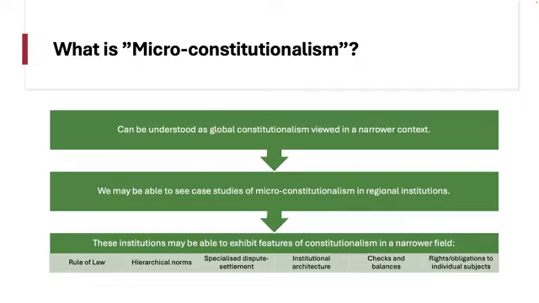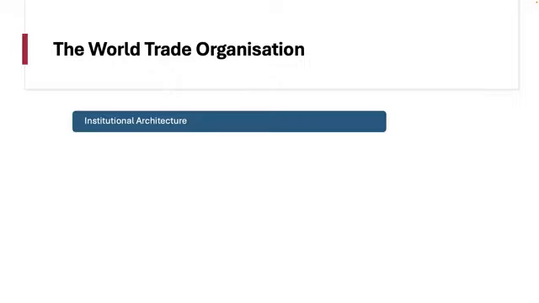In short, a regional regime or a particular international regime functions in something like the way a constitution functions for a domestic polity, but on an international scale. So the first point, of course, is that the WTO is, in the scholarship, one of those areas in which a lot of scholarship is dedicated to thinking about the WTO from a constitutional perspective. And why is that the case then? Well, let's just think about the WTO in more detail.